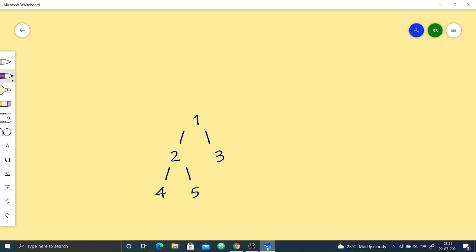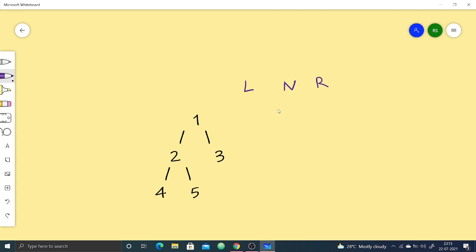See, first of all, in any linear data structure, there is only one logical way to traverse. But the tree offers multiple ways. There is in order, pre-order, post-order, there is BFS. But here we are concerned only about in order. We will see what is in order traversal. In order traversal follows a certain rule, which is we will first traverse the complete left subtree, then we will visit the node, and then we will traverse its complete right subtree.